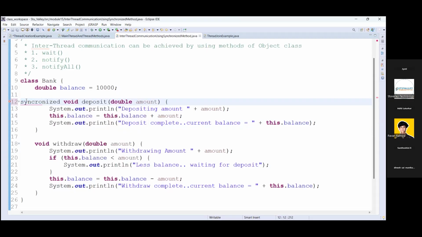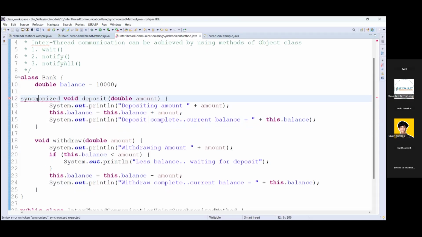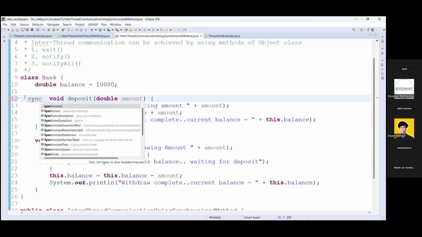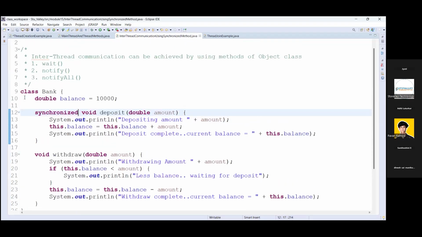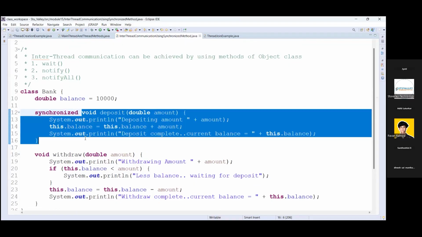If you want to make any method synchronized, you need to use the synchronized keyword. Using the synchronized keyword on any method, this method will become synchronized.